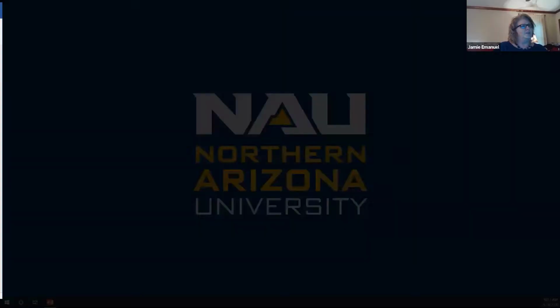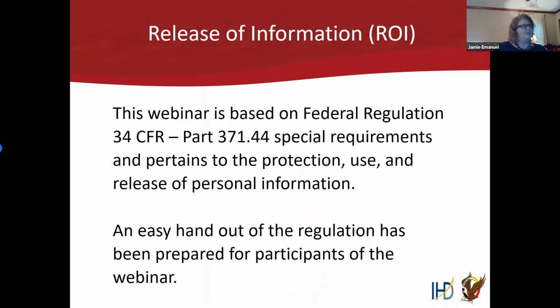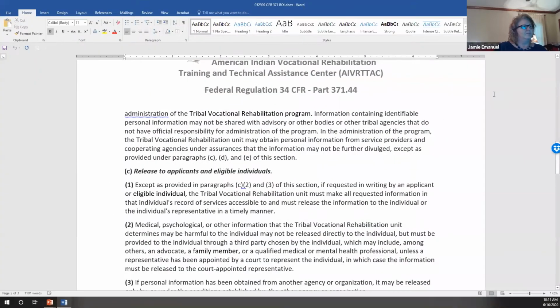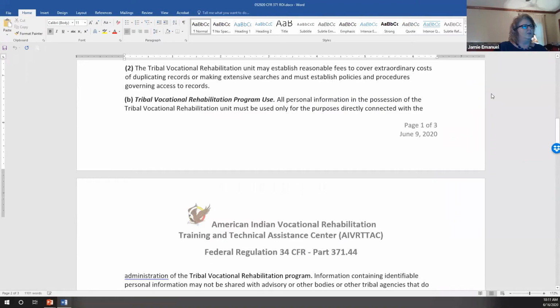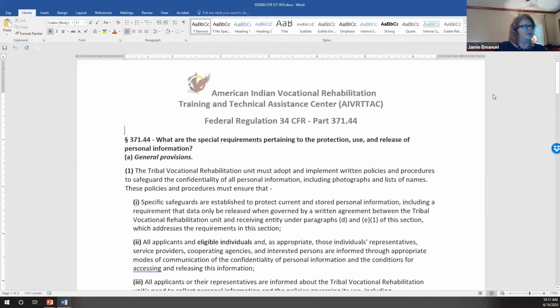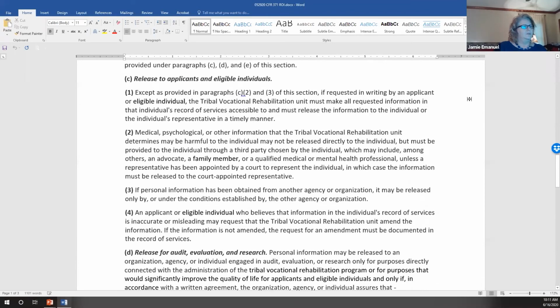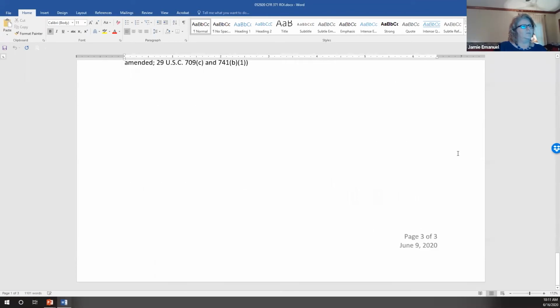Suzanne has prepared a handout, and we're going to share that with you on the regulations. You may want to open that up separately and look at it. I'm not sure if everybody can see it okay.